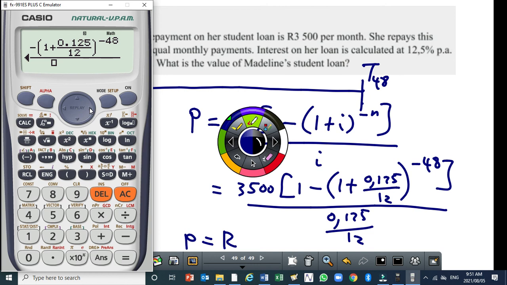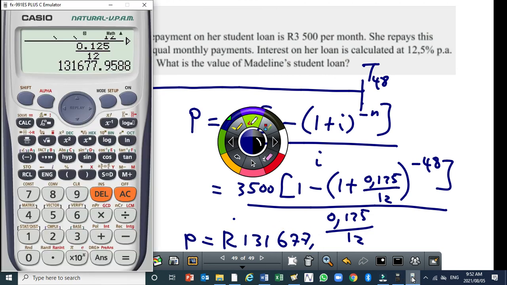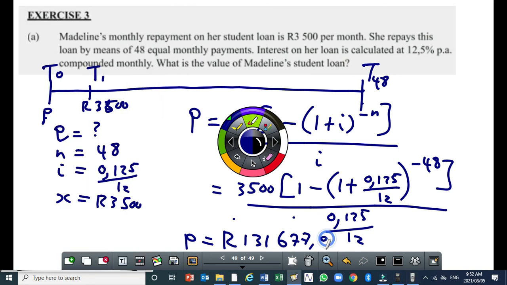Then you close the bracket again, then you go to the denominator, 0.125 divided by 12. Right, so you get 131,677.96. So it's 131,677 rand and 96 cents. Right, so that's the amount which the person